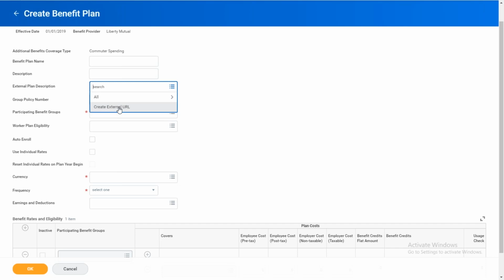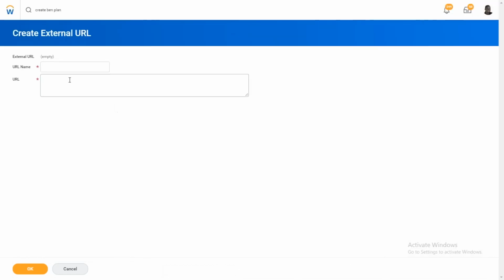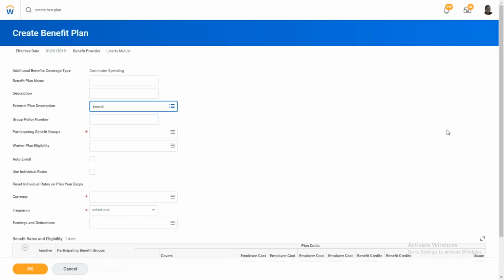For example, healthcare benefit. The employee is contributing, but the employee may not be aware how to claim the amount, or what process they have to follow. So what we can do is, the client has to maintain a website, or the client can give the website address of the benefit provider here. So once the employee selects it, it will take them to the provider's website with the steps to follow to claim the amount. Such information we also need. Of course, this is optional. If it demands, we can add it here.